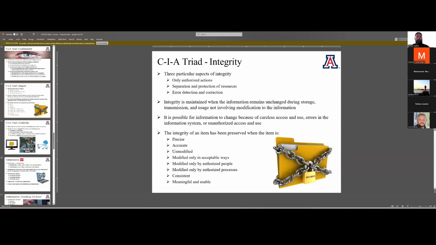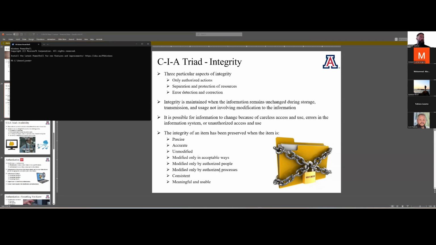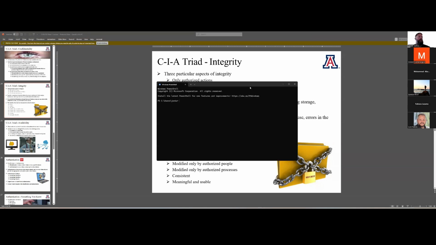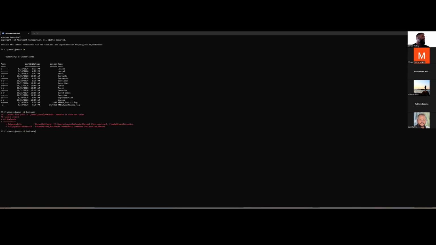Now, I'm going to stop real quick and show you one of the primary ways we verify integrity, which is hashing. We're going to talk more about hashing and what hashing is, but I just want to quickly show you this.